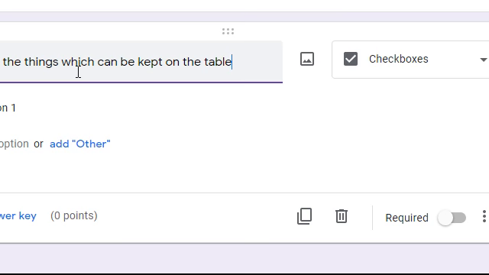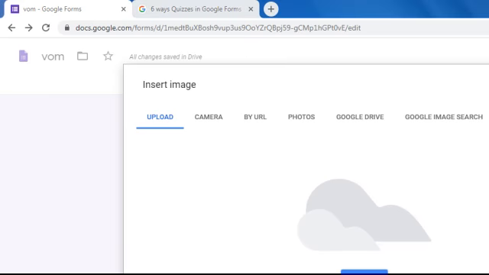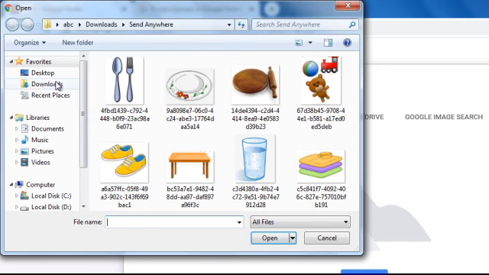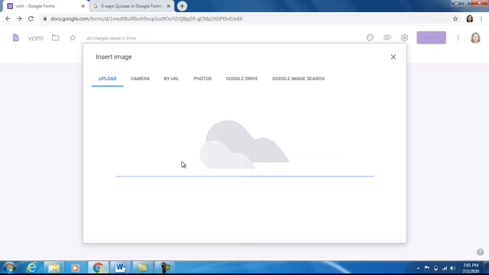This is my question, and you can see there is a small box over here. This is basically used to insert the image. Click on that, click on the browse option and click on the place where you have saved your images. See, I have saved it in downloads. Now click on table, open, wait till this picture gets uploaded.